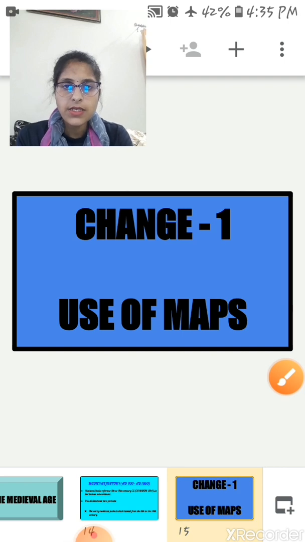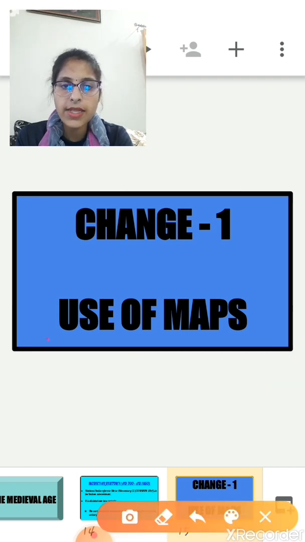Okay, so now let's start. As your chapter suggests, tracing changes through 1,000 years. In this chapter we talk about a variety of changes that took place over the 1,000 years in India, right? So here is the first change, regarding the use of maps. Clear? During the medieval time period, the art of map making, which is known as